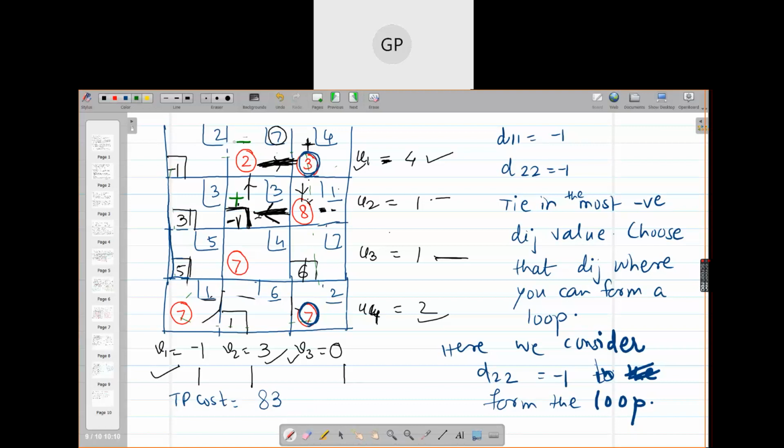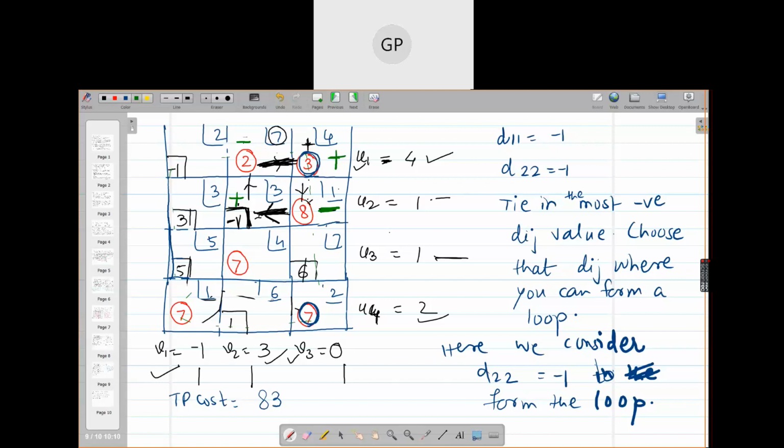That means you are going to make this cell occupied. So some units you will have to put in this cell. Accordingly, you have to adjust above. Okay. If you are taking out some units from this cell, you have to give some units here again. Again, you have to take out some units from this. So this is how you are going to balance the supply and demand again. Because you cannot exceed the supply, you cannot give more than available units, and you have to satisfy the demand also. Okay, have you understood it?